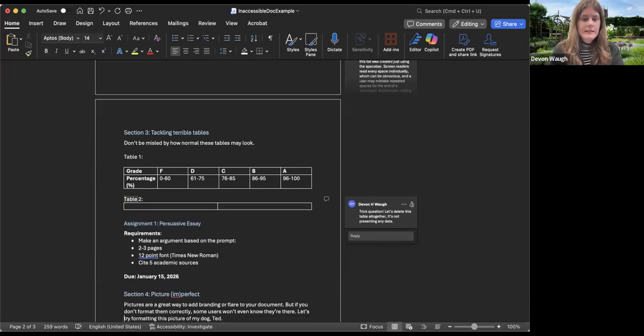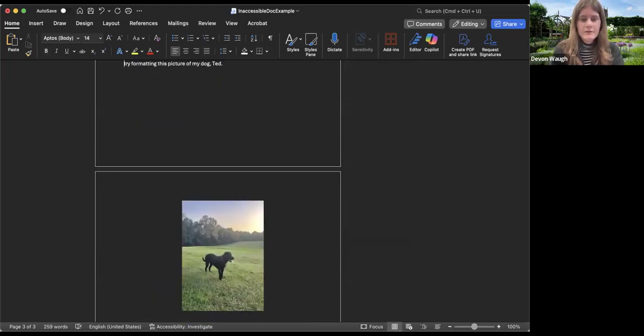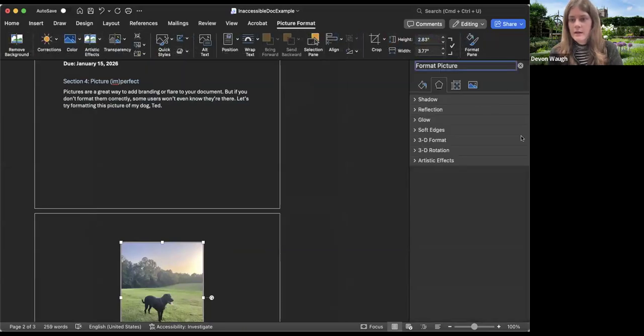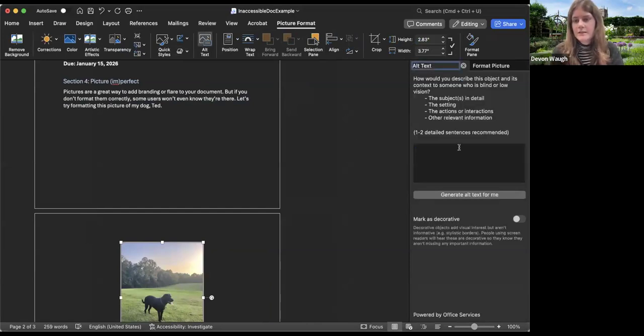And then the last section about adding alt text. So I would say here, if you are formatting this lovely image, format picture. Let's see. Picture format, alt text. All right, there we go. So I would say